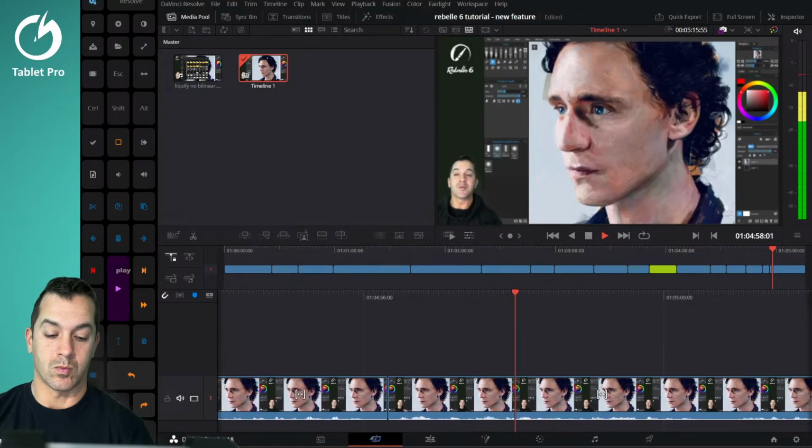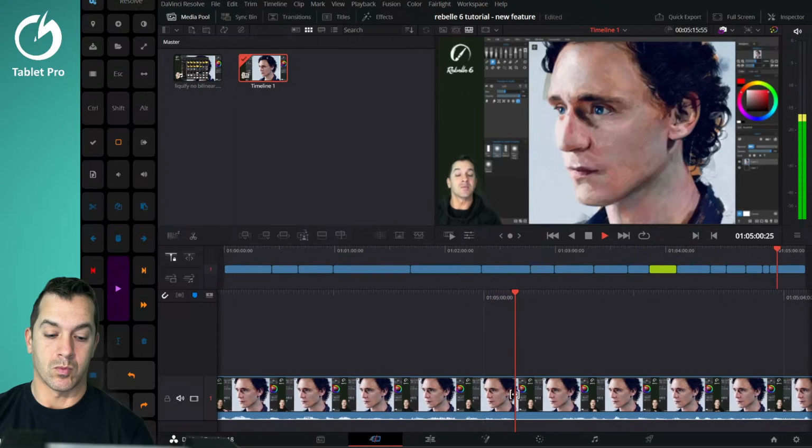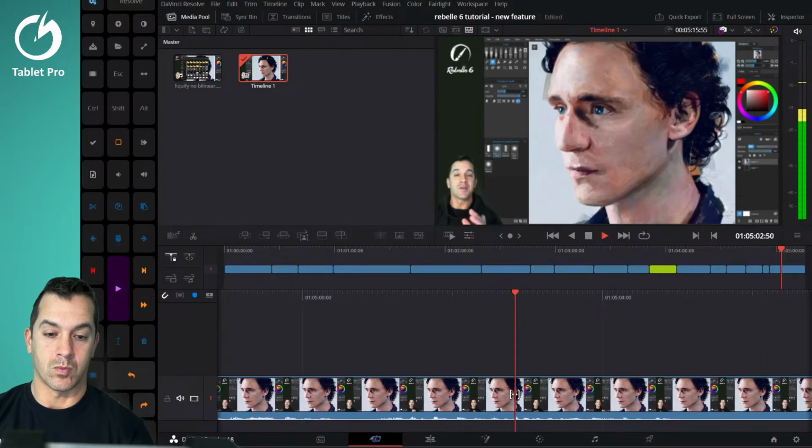Rebel 6, the non-pro version, uses the bilinear processing, and I'll have a demonstration of the differences between the